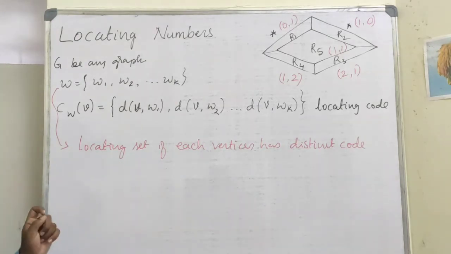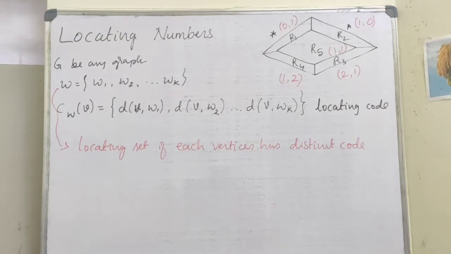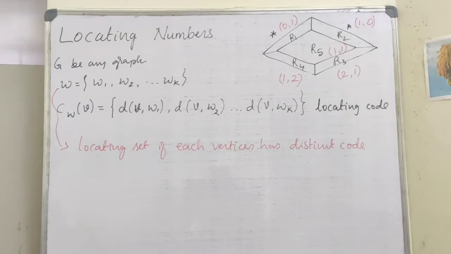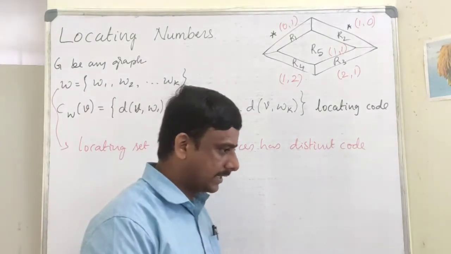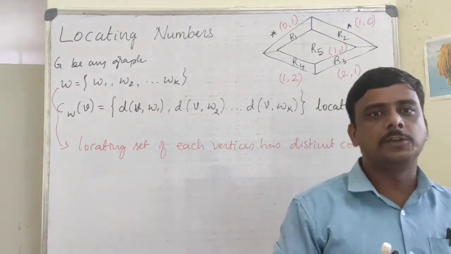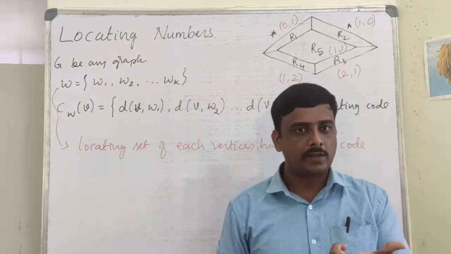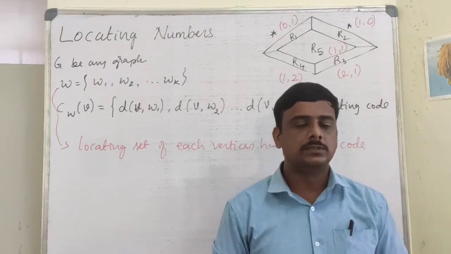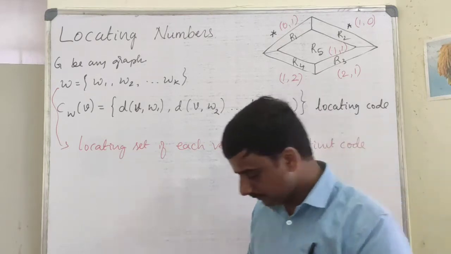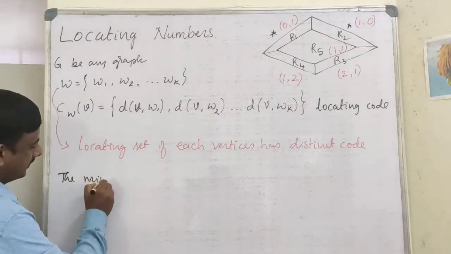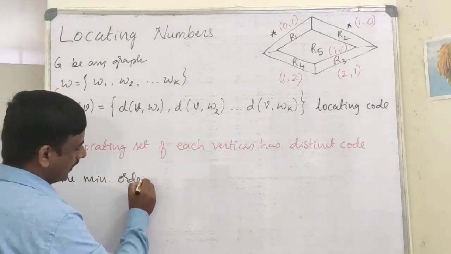The cardinality of a locating set having the minimum number of vertices is called the locating number. So you have to take the locating sets of all sizes, then choose the locating set of minimum size or minimum order. The cardinality of such a locating set is called the locating number of G. So the minimum order or cardinality